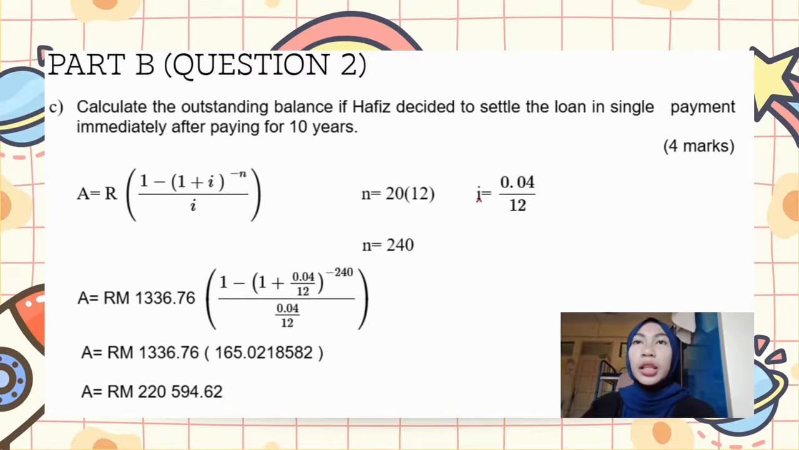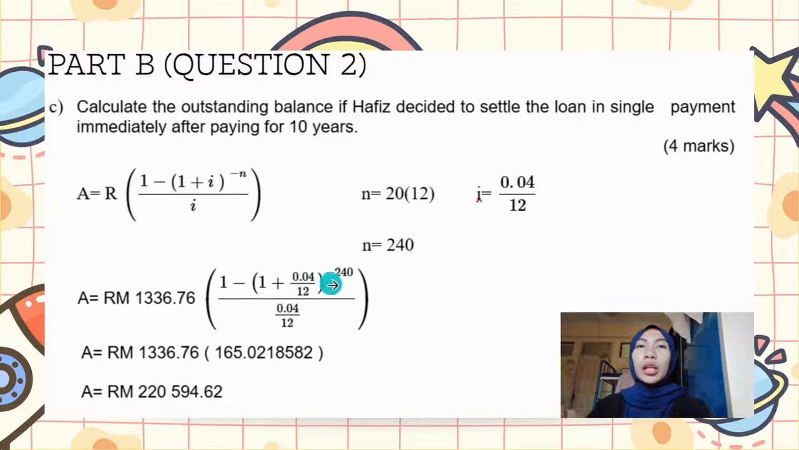Question C. Calculate the outstanding balance if Hafiz decided to settle the loan in a single payment immediately after paying for 10 years. So we mentioned payment immediately or early settlement, so we must use present value. So the formula is already there, so I just apply into it. So n equals 20 times 12, and n equals 240. i equals 0.04 divided by 12. So A equals RM 1,336.76 bracket 1 minus bracket 1 plus 0.04 divided by 12 bracket power of negative 240, divided by 0.04 divided by 12